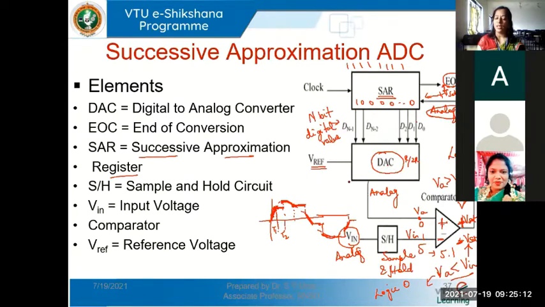So if the reference voltage is 5 volts, for half the value, the analog output will be nearly half of the maximum, since it is a digital signal representing half of the maximum. So the reference voltage, if at all it is 5 volts, I will get an analog equivalent which is nearly half of this reference, nearly 2.5 volts. That will be compared with this input signal Vin1. If Vin1 is 5.1 volts or 5 volts, say, this 2.5 is less than this. So again, output will be at negative saturation.